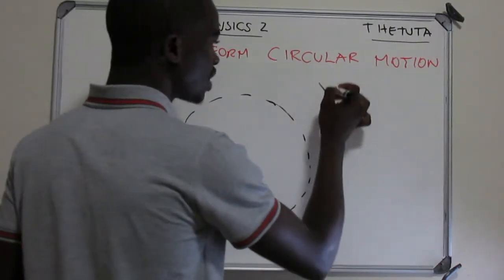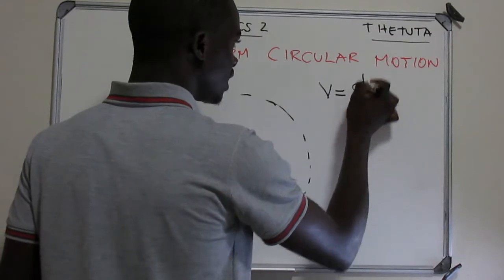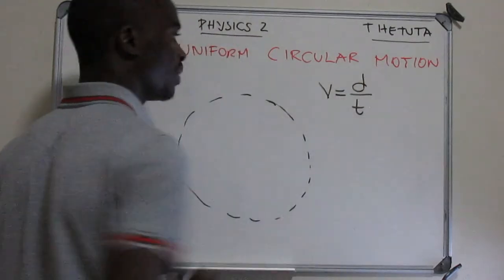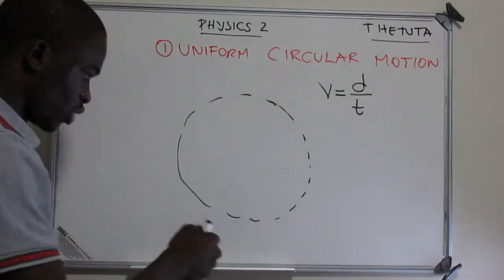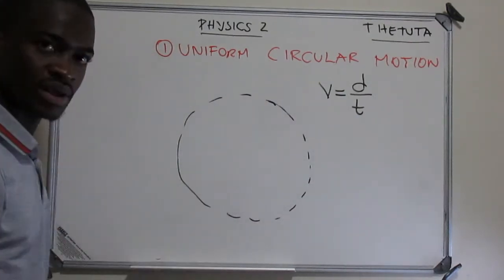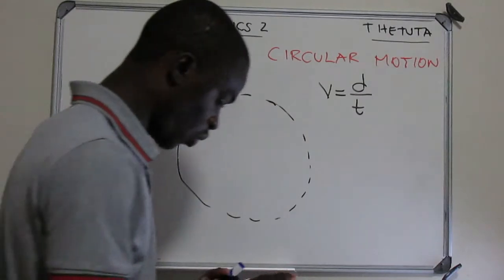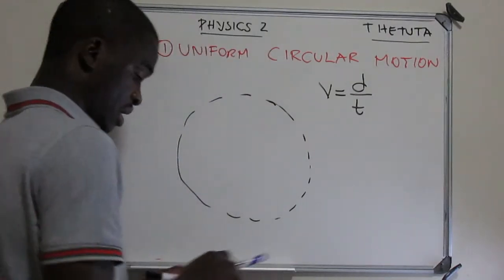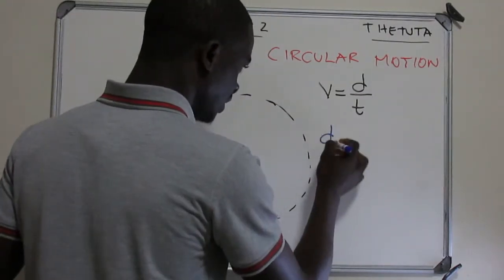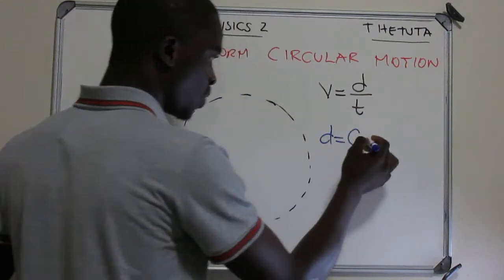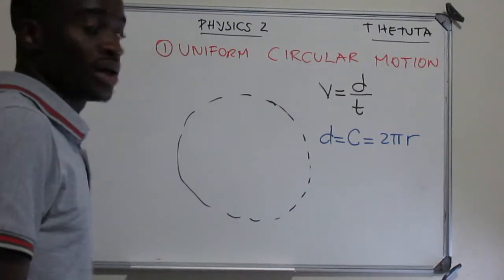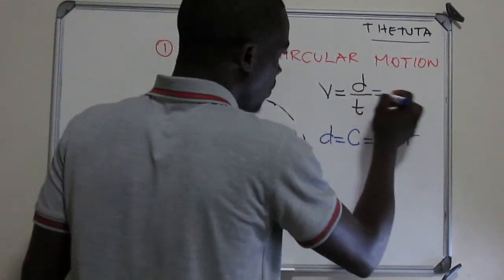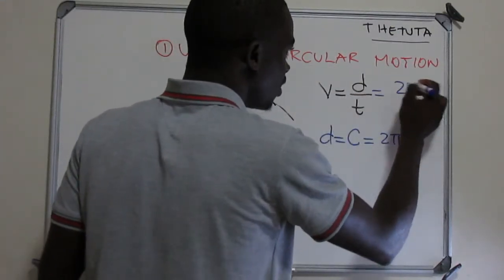And then we know that our speed is given by what? The distance over time. Okay? But remember, we are dealing with a circular motion. What will be our distance here? It's going to be the circumference. So what is the circumference of a circle? We say our distance is going to be the circumference of a circle, which is given by 2 pi the radius. And therefore, we can come into our problem and say 2 pi r.